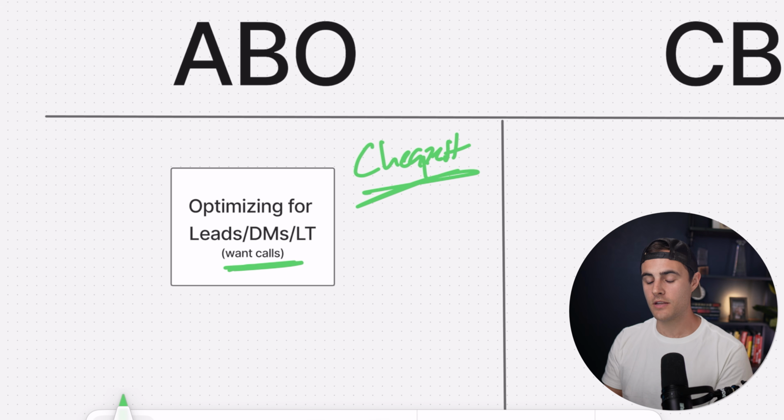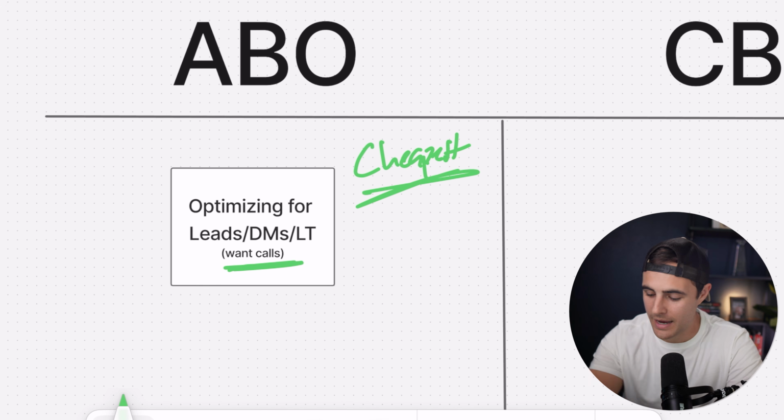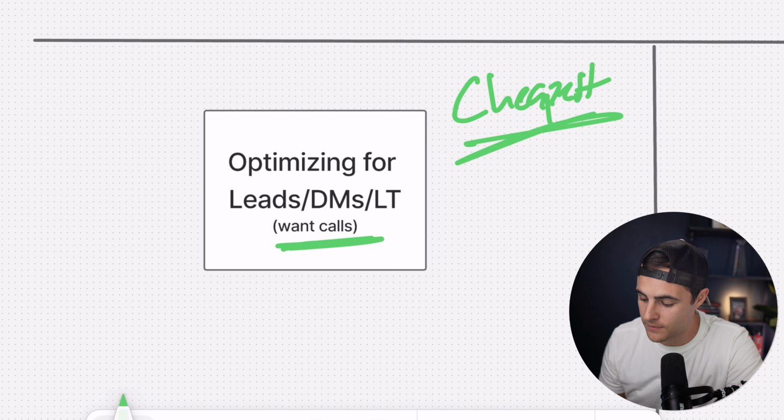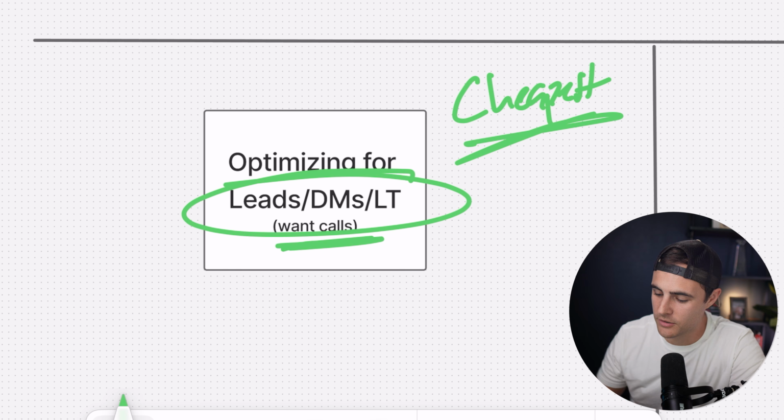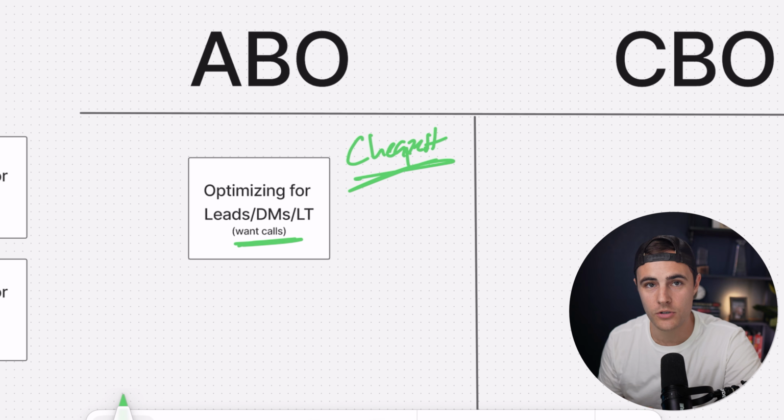This really matters when you have a winning ad set or ad inside of a campaign and you drop new ads inside. Every time I've done that, it takes away spend from the winner. But again, that's because I'm optimizing these ads for DMs, leads, or low ticket purchases. So for all of these campaigns, I typically do an ABO structure, okay?